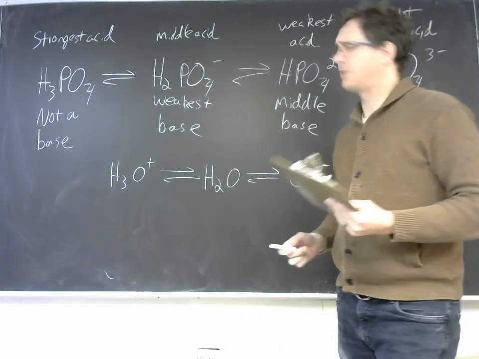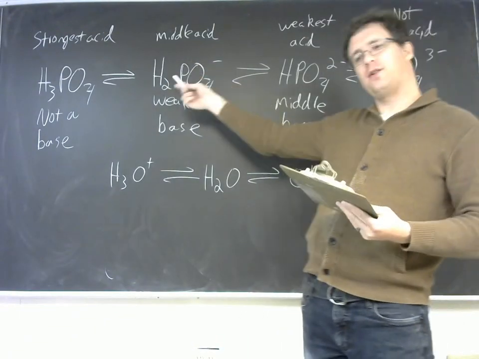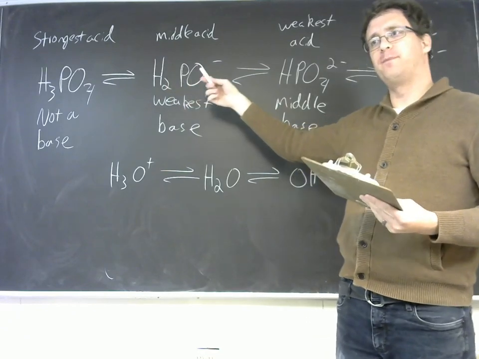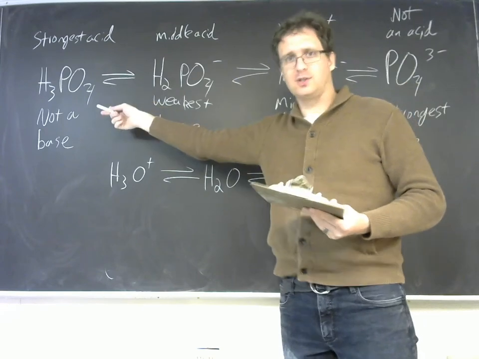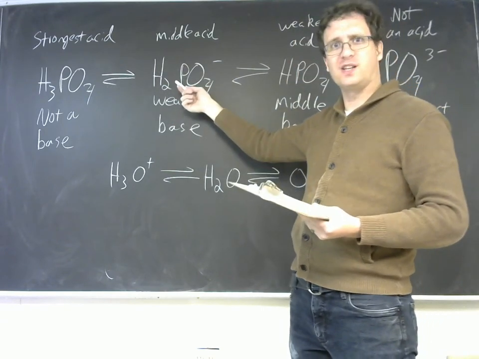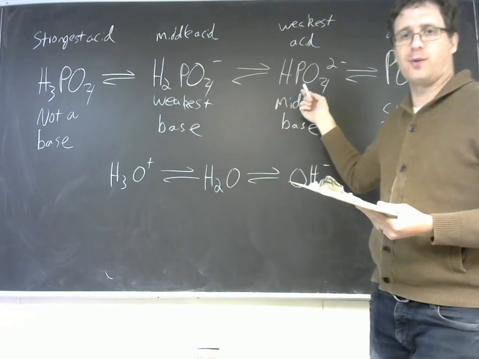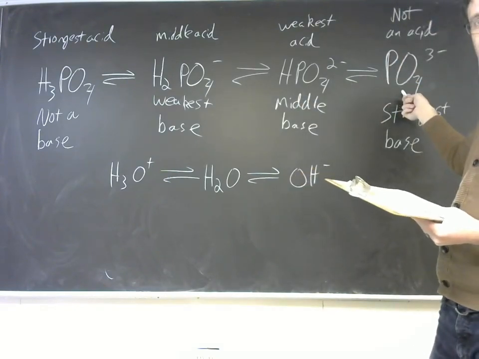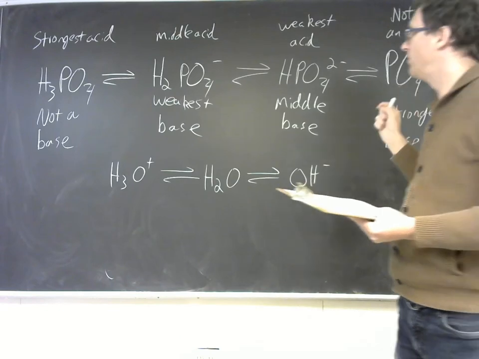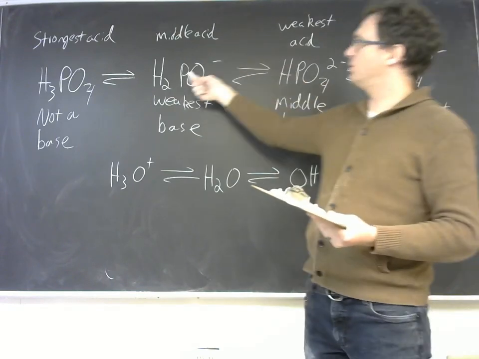Okay, so we had this series of phosphoric acid losing one hydrogen to form dihydrogen phosphate, losing another hydrogen to form hydrogen phosphate, and then finally losing its last hydrogen to form phosphate ion itself. And if we look at these two species in the middle here,